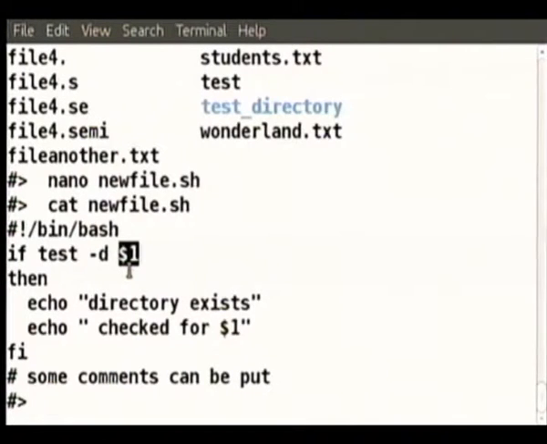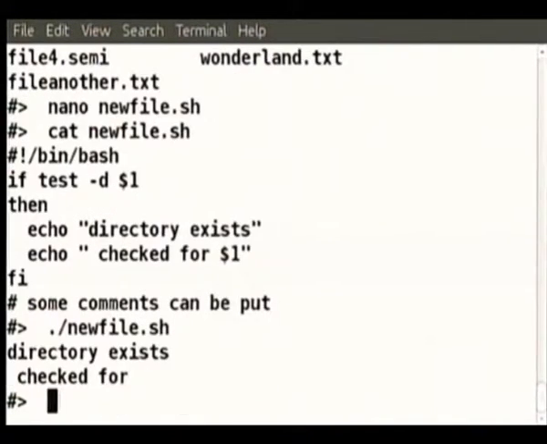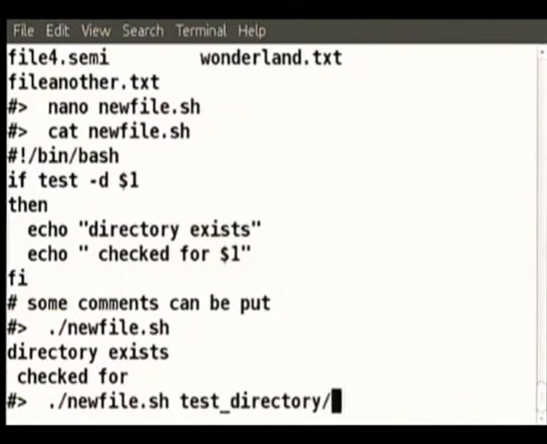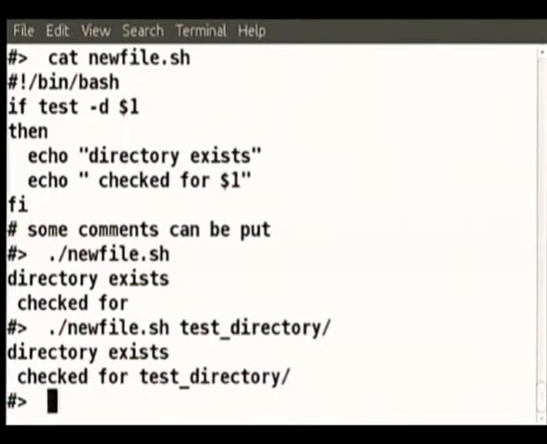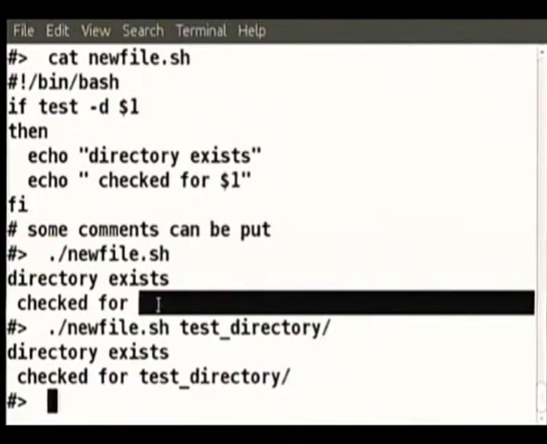Now why don't we see that directory exists. Which directory? Now you gave nothing. Even if you give nothing, it turns out that the existence test will say yes. It has checked for nothing and still said yes.